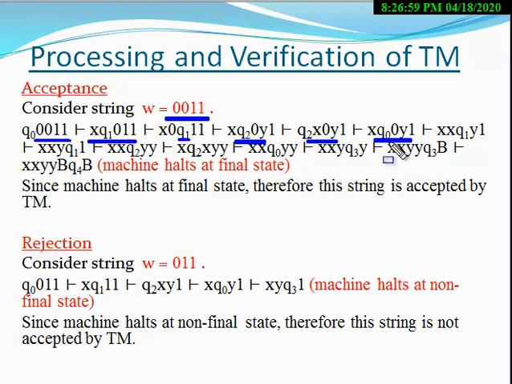At the Q0 state, when the 0 tape symbol appears, the machine changes its state to Q1, 0 is replaced by X. Now the next ID is this. At the Q1 state, Y appears, the machine moves in the right direction. So at the state Q1, the machine moves only in the right direction till 1 appears in the tape symbol. So here Y appears, it means the machine moves in the right direction.